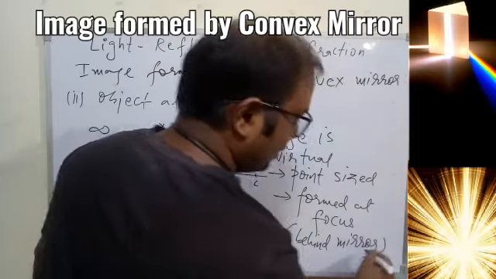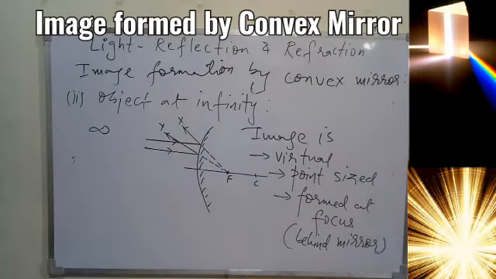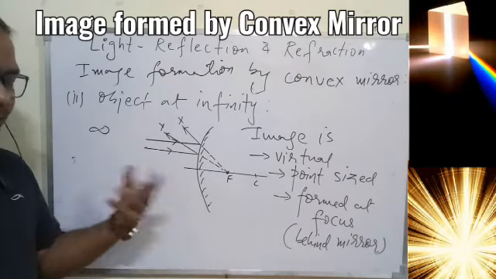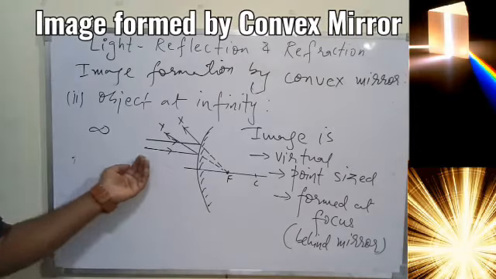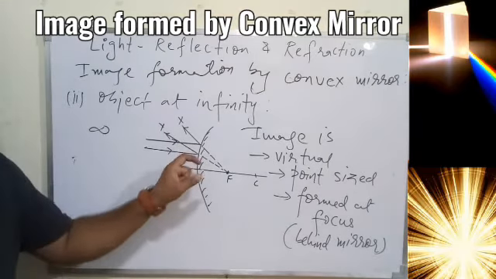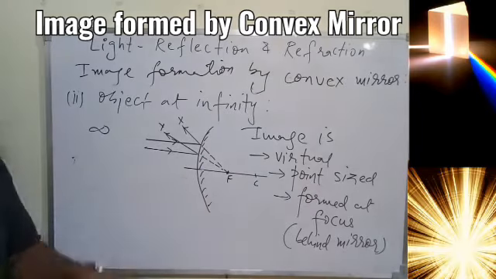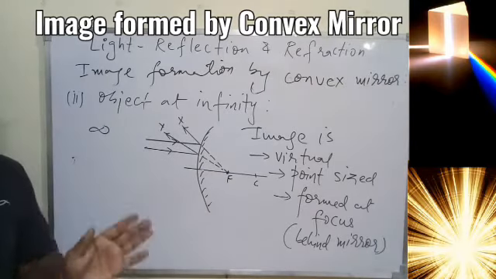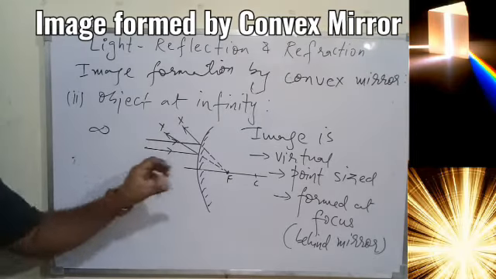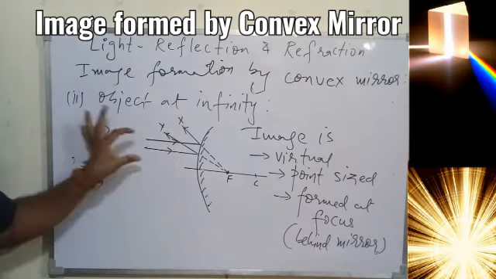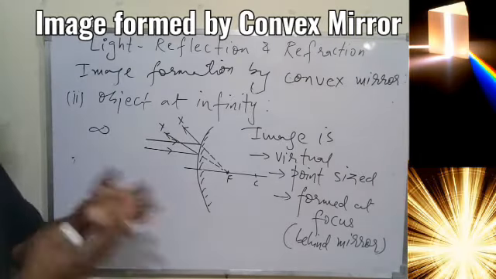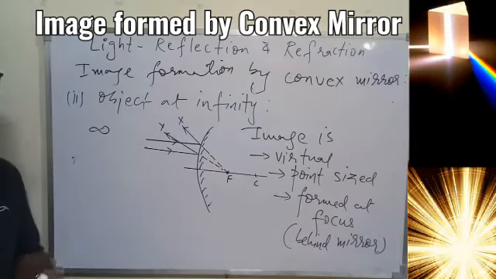So all the time the convex mirror is going to form the image virtual, smaller, and behind the mirror, but if you keep changing the position of the object in front of the mirror, there will be some variation in the size of the image. But all the time it will remain smaller than the object. You can try yourself by placing the object in front of the mirror at different distances, one nearby, one quite far away, and just see whether the image is getting smaller or bigger than the previous one, but it will always remain smaller than the object.